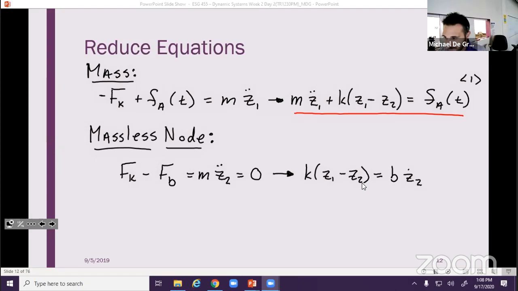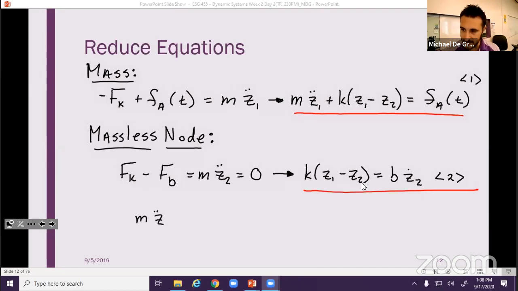Now I'm just going to leave it like that. You don't have to plug it back in, you can just leave it like that. That would be fine. But say for a minute that you were like, no, I'm going to plug it in. What would it look like? A total synopsis of this would be